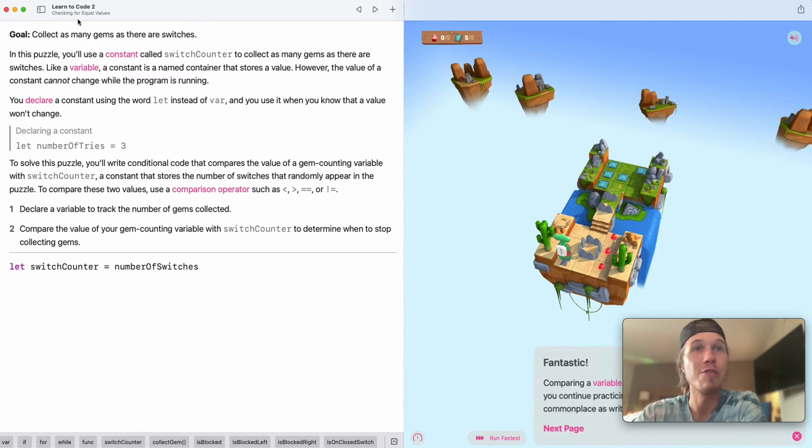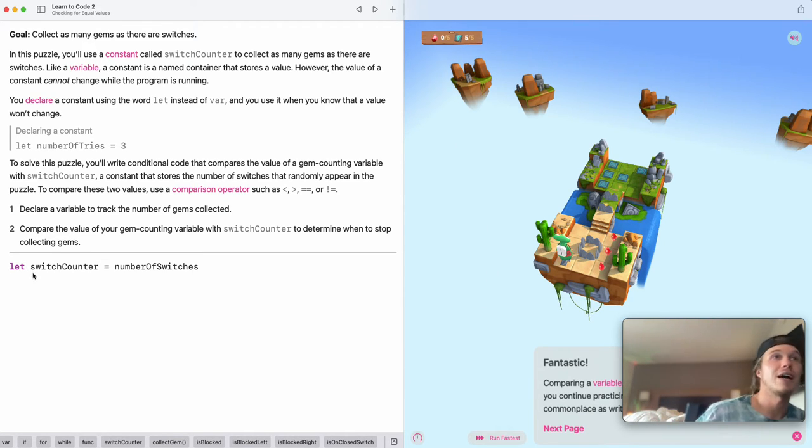Here we're on checking for equal equations. This one is decently simple and extremely fun. We start with switchCounter at whatever it says, so all these five switches are on. We have to make our character collect gems until we get to however many switches there are. Right now we're starting out with switchCounter equals number of switches. So they already made that